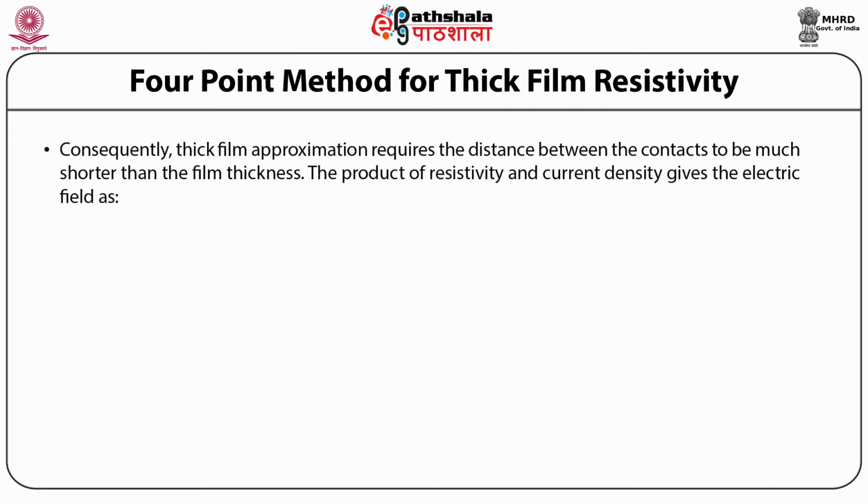Consequently, thick film approximation requires the distance between the contacts to be much shorter than the film thickness. The product of resistivity and the current density gives the electric field as E equals rho into J. This equals rho into I12 divided by 2 pi into within the brackets vector r minus vector r1 divided by